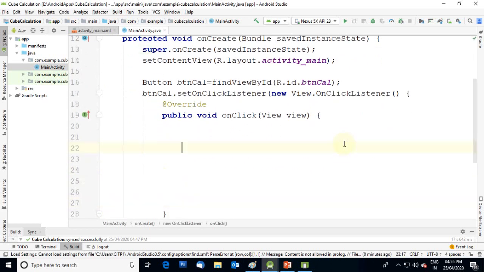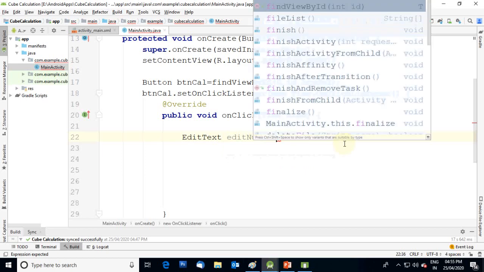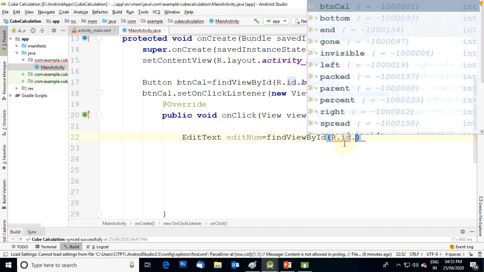Inside that onClick you have to write the code that is to be executed after you press that button. So once we press that button, we have to get the number that is entered into that text box. For that, what I am adding here is an EditText. For getting the EditText, we again have to create an EditText object, editNumber equal to findViewById, then R.id.txtNumber.